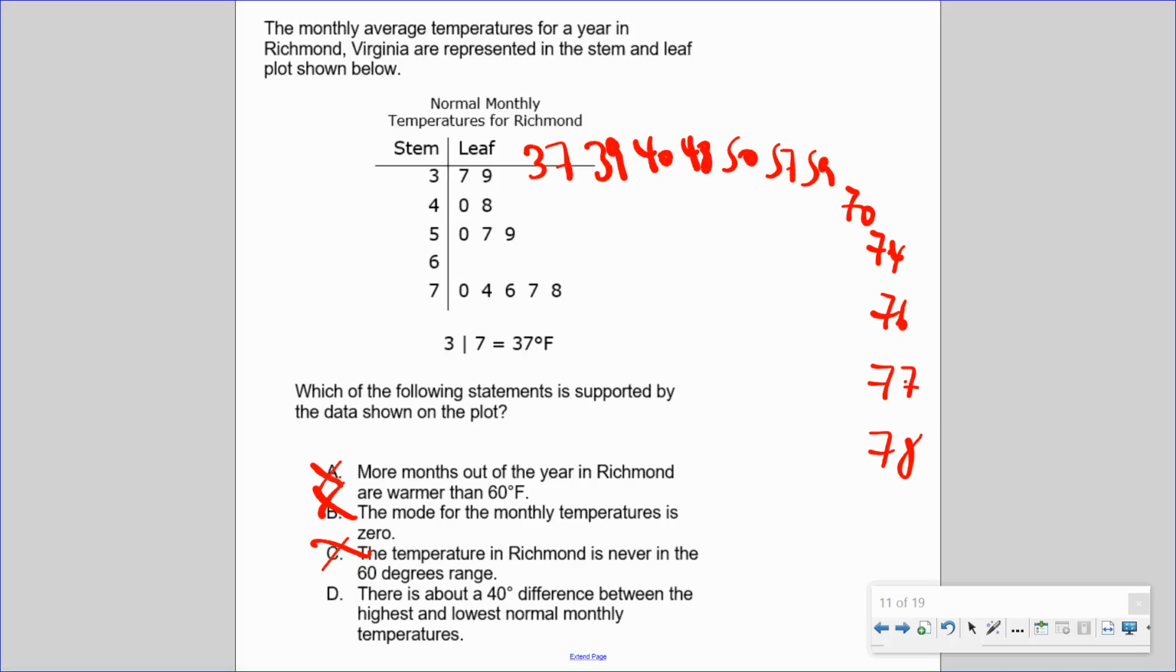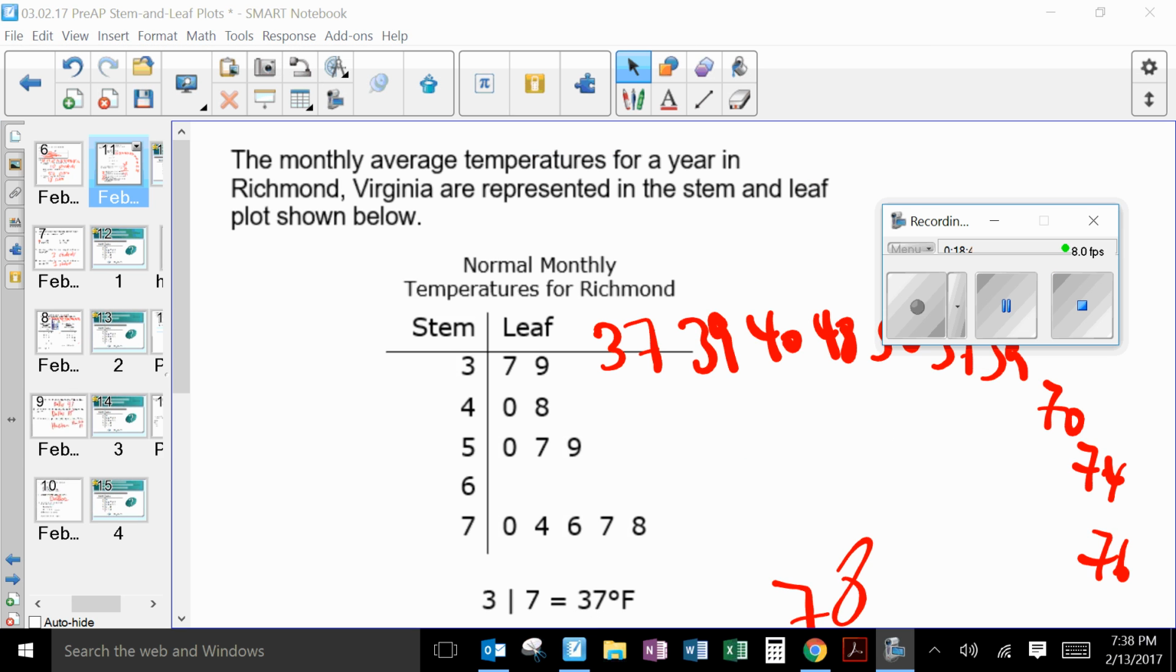There is about 40 degrees difference between the highest and lowest. The lowest is 37. The highest 78. If you subtract that, it is about 41 degrees difference. So the spread is 41. So it must be D. So what we just did is you looked at the stem and leaf, and you can make generalizations or interpret it using minimum, maximum, mode, range, median, like asking how many of them are higher than this or lower than this, and so on. So this is stem and